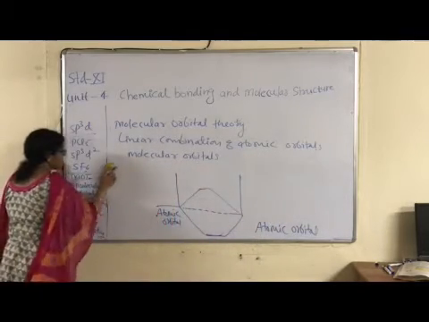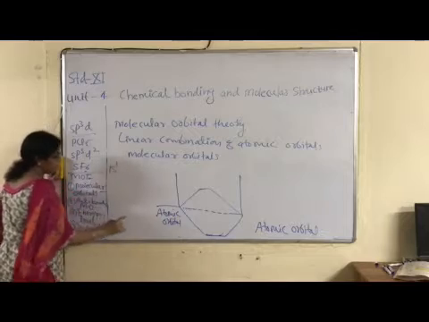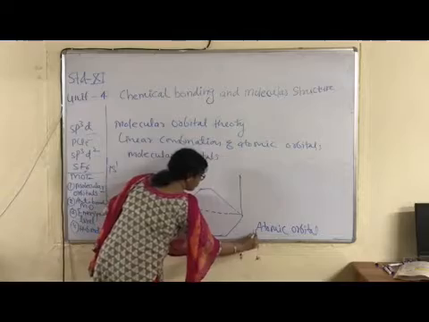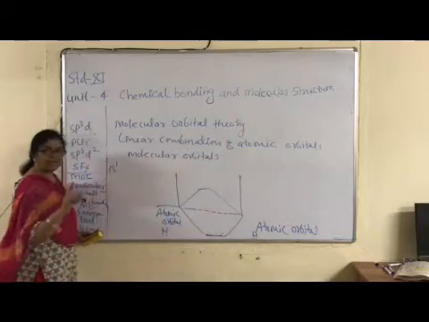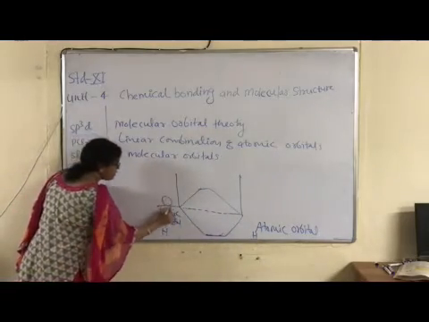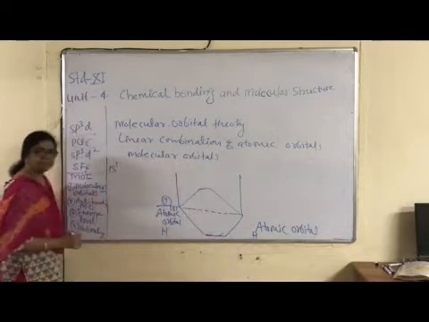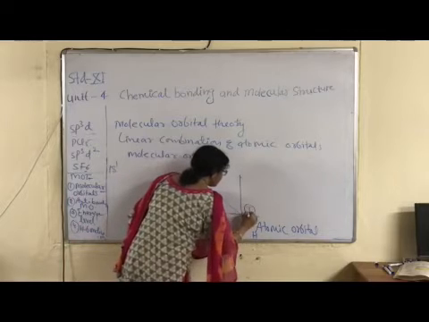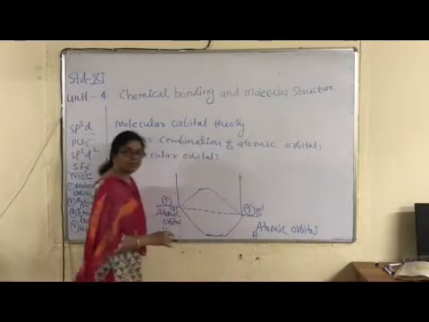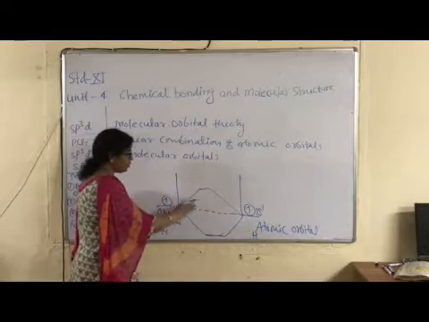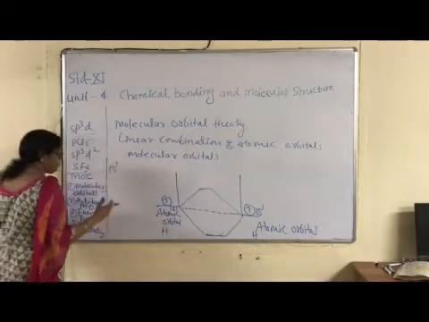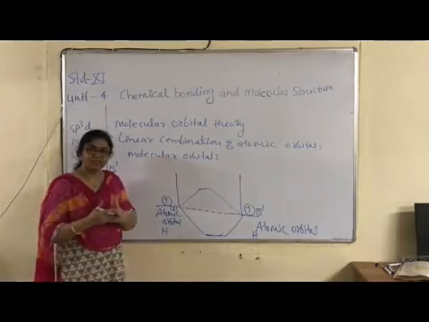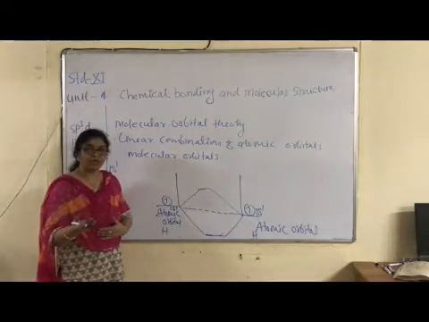Now, the electron configuration of each hydrogen atom is 1s1, right? This is the atomic orbital of hydrogen, and this one is also an atomic orbital of hydrogen. First, the electron distribution in the atomic orbital is 1s1 for the first atom, and the second atom has the same configuration, 1s1. Then comes overlapping between the two, and after overlapping, first of all, the lower energy orbitals, which are known as bonding molecular orbitals, are filled.